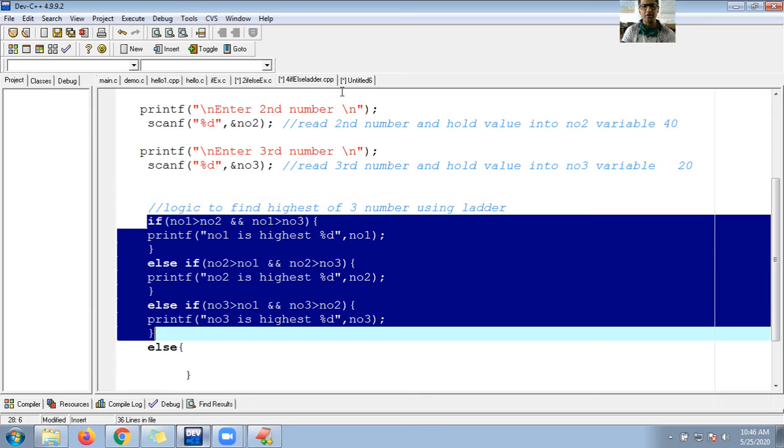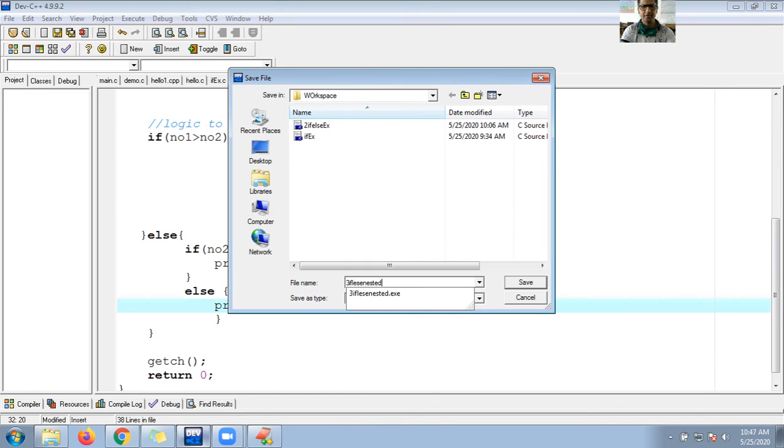Okay guys, same logic, and you can see here 3, I'll change to here. Not nested, I'm looking for nested C. So instead of nested, yes, nested, it's nested.